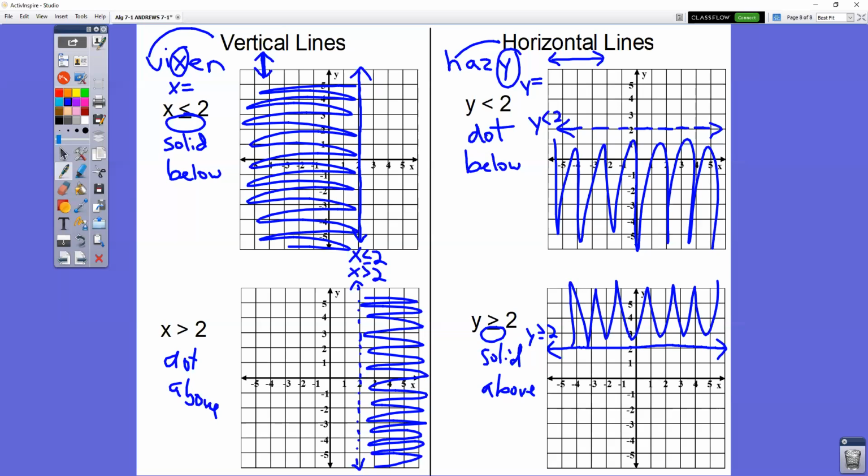So again, remember hazy vixen. The H stands for horizontal, and that's when you have the y equals. The V stands for vertical, and that is going to be a vertical line for x equals. On these horizontal and vertical lines, you don't find the slope and you don't find a y-intercept, all right? Notice that the vertical lines don't even go through the y-axis, so you don't have a y-intercept. And your slope, we don't worry about. It's just going to be a horizontal or a vertical line, all right? So taking a look